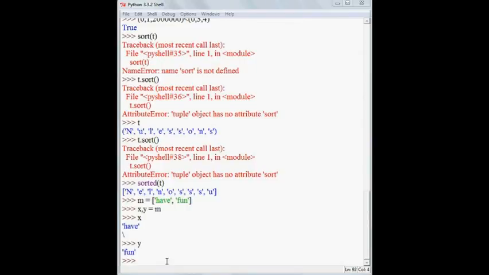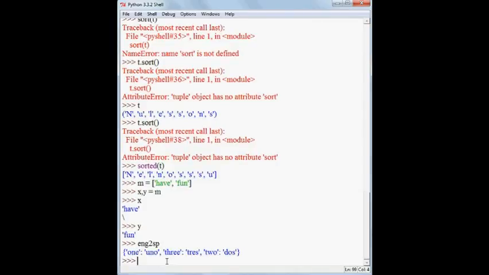Moving forward, I am going to teach you about dictionaries and tuples. Dictionaries have a method called items that returns a list of tuples, where each tuple is a key value pair. We had our ENG to SP dictionary, so let me show you how to use the items method.